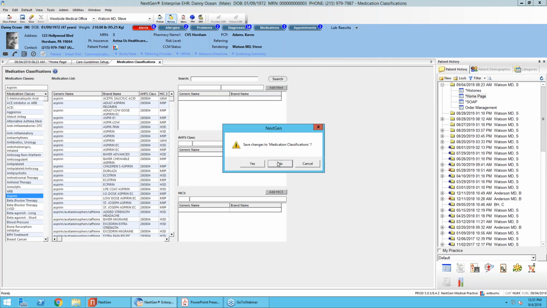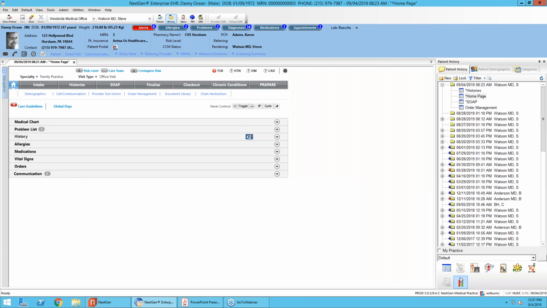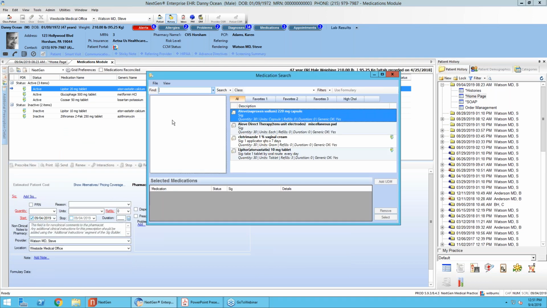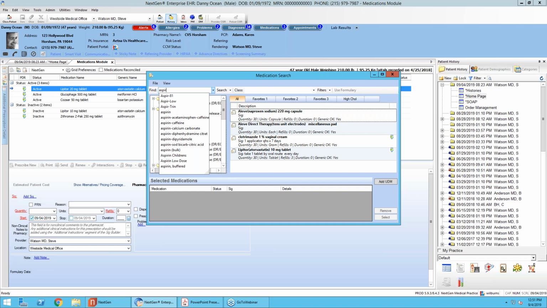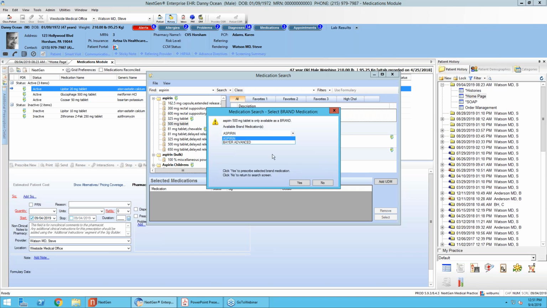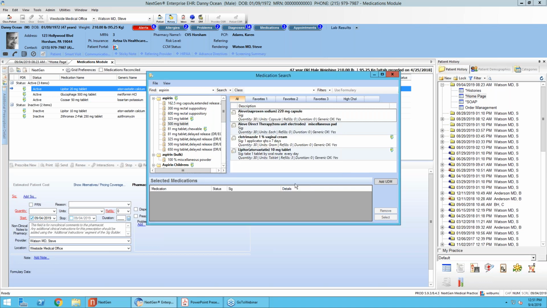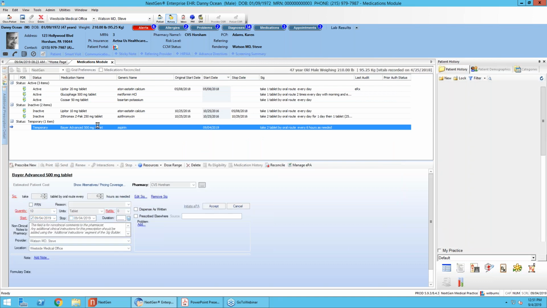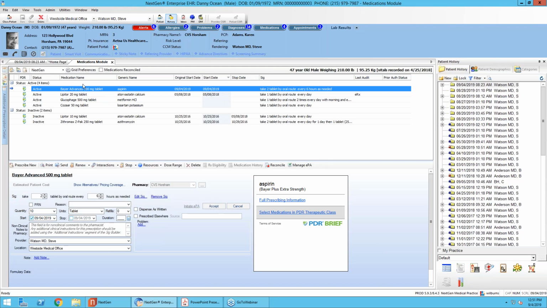So we can illustrate that here on Danny Ocean. So if I go into the med module, and when I open this up, I'm actually going to prescribe a 500 milligram aspirin tablet. So I'm going to say aspirin, and I'm just going to pick this 500 milligram tablet, and we'll just say bear, that's fine. And I'm going to select that. I'm going to do my prescription just like normal. Let's say I'm going to give them 10 of these, no refills, except,